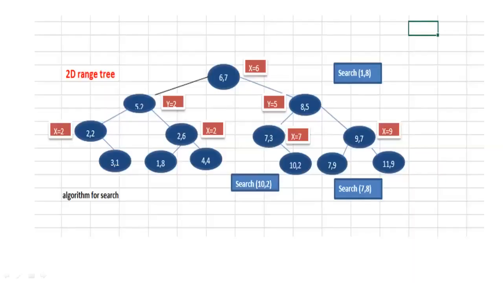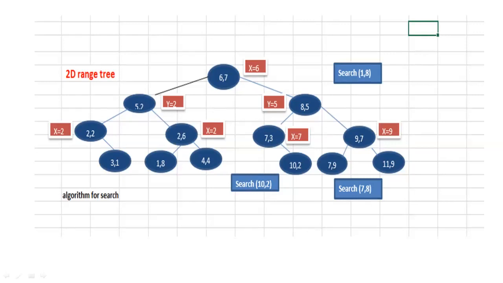So in the last class we had seen the construction of KD tree, and I had also explained how the search operation works in KD tree. Now for this search operation, we had seen an example of searching 1.8, and then I told you that the process of searching will be the same as in BST. The only change is that at a particular level of the tree we have to compare only the current cut dimension.